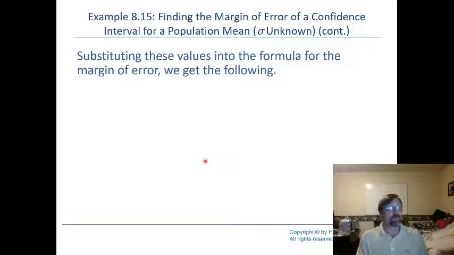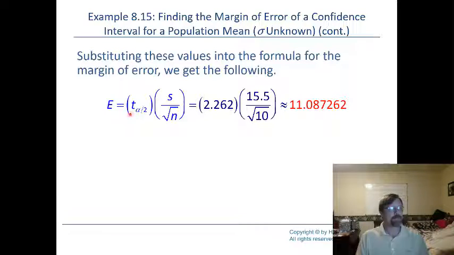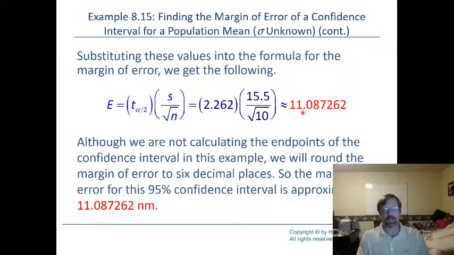All right, if we put these values into our margin of error formula, right, critical t-value, sample standard deviation, sample size. So 2.262, 15.5, and 10, we get 11.087262. They've rounded it to 6 decimal places. Honestly, for presentation, I would have rounded it less, left it unrounded for further calculations, but